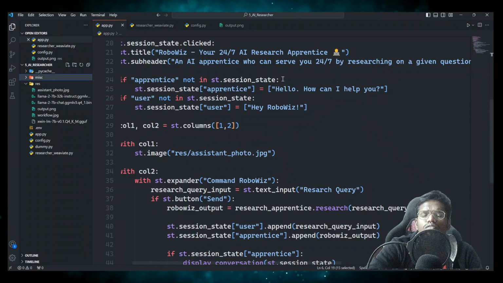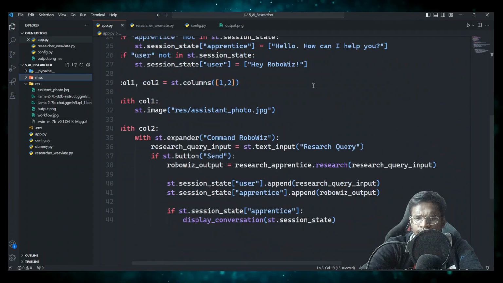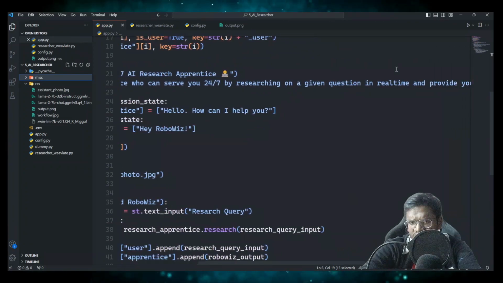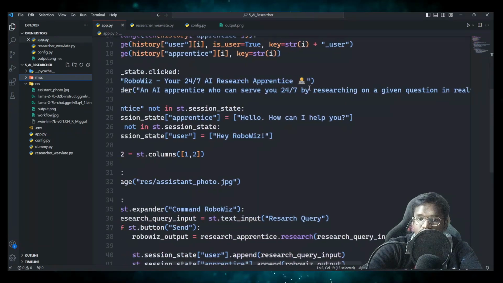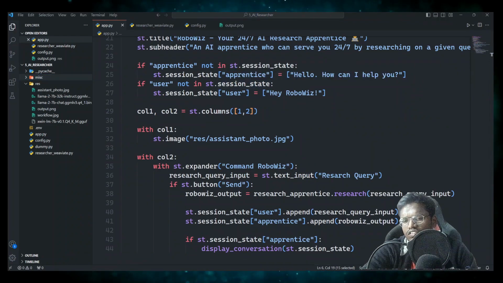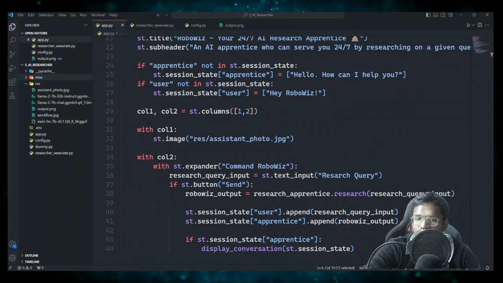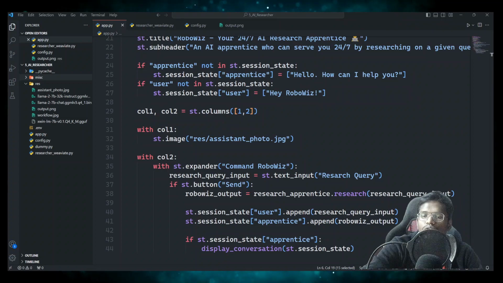Okay, so here if you see, we have our 24/7 research assistant, which will answer based on real-time context. Okay, and then we are having two session states. One is for user, another one for apprentice, which is our researcher. So for user, we have the first message being hey RoboWiz, and the apprentice replying hello, how can I help